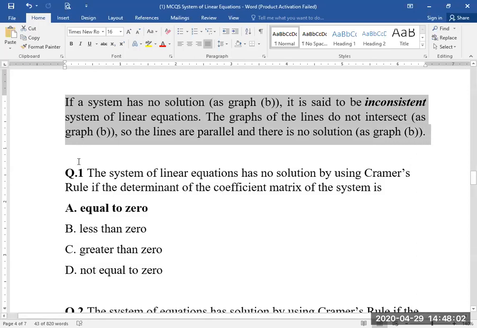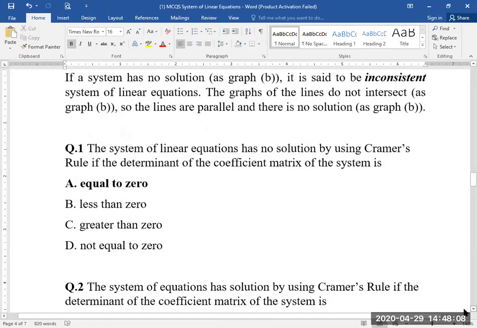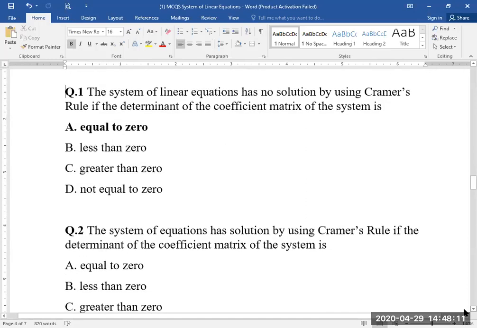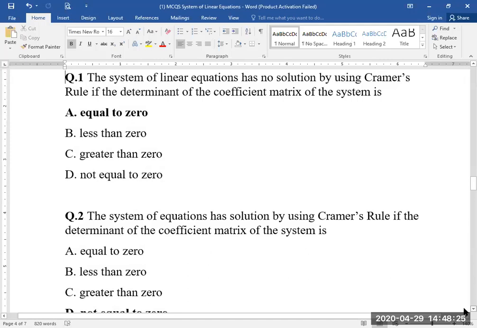Now students, after that, there are some questions I have asked. These are objective type questions. The bold option is the answer, and you can find how this comes. I am just scrolling through the questions so that you can answer them and match the answers given.